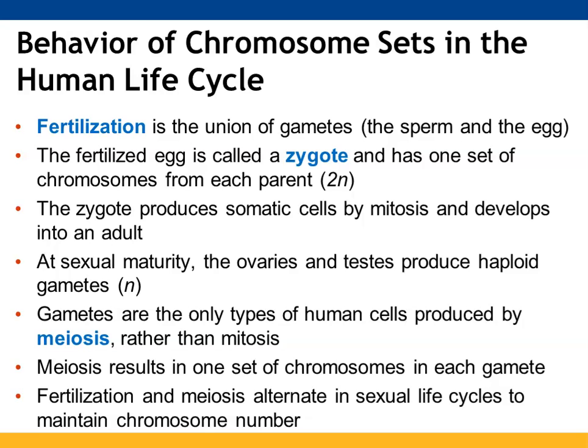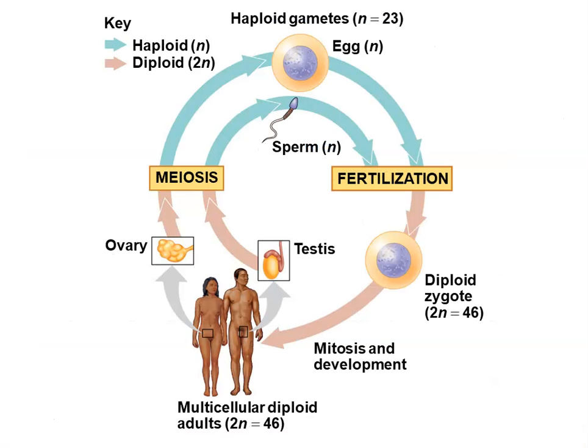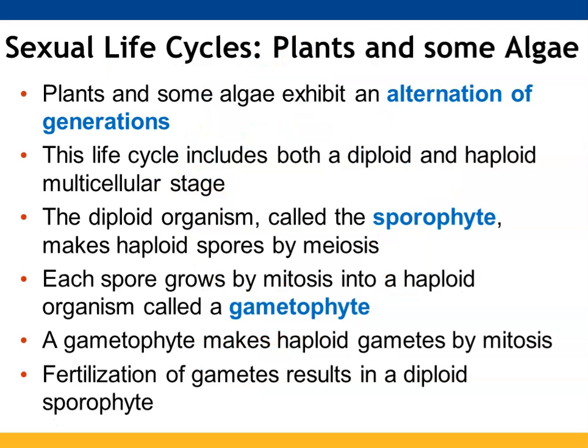The gametes are the only cells that are made in humans by meiosis rather than mitosis. All the other somatic cells, after you have the fertilized egg, are made via mitosis. So they alternate from diploid zygotes to haploid gametes to maintain that chromosome number, so that when fertilization occurs, you're getting one set of chromosomes from the female and one set of chromosomes from the male. And so there you can see that in action.